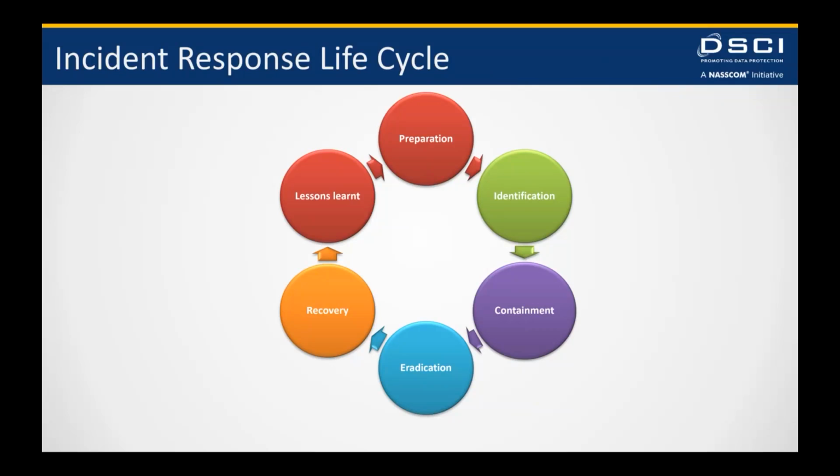But there are a few mistakes that many organizations make. Once they complete the identification stage, they go to the recovery stage because they want to run normal operations as soon as possible. But if that happens, similar attacks will repeat again and again, because you will not be immune to those attacks and you don't know how the attacks will happen. So it's very important that we use the identification phase and the containment phase effectively, so that you can learn the lessons and put them to use for the next